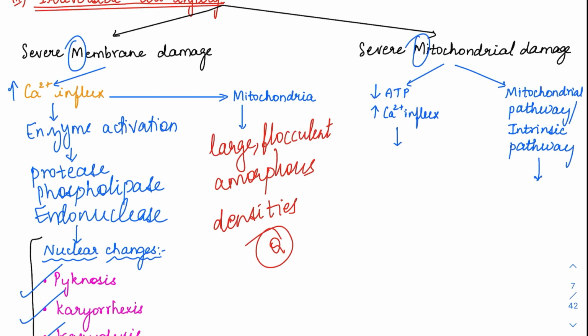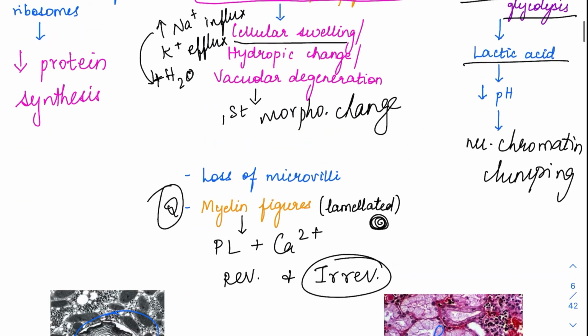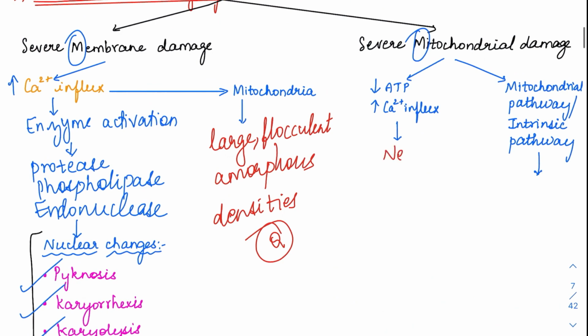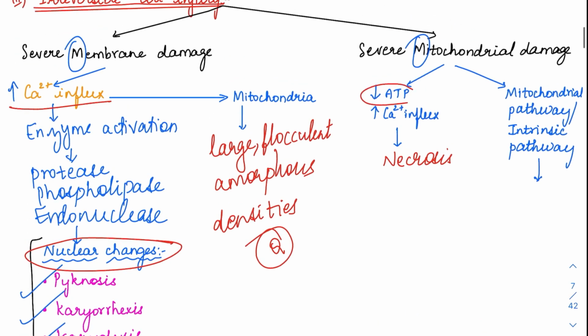When the mitochondria are damaged, just now we saw in reversible cell injury what happened. There is going to be a decrease in the production of ATP, and here also we saw there is going to be lots of calcium influx. So both of these changes are going to result in membrane damage, and along with the membrane damage, we saw what is happening to the nucleus also. So all the characteristic features of necrosis will develop. Calcium influx, we saw, led to these nuclear changes, and decreased ATP led to the membrane damage.